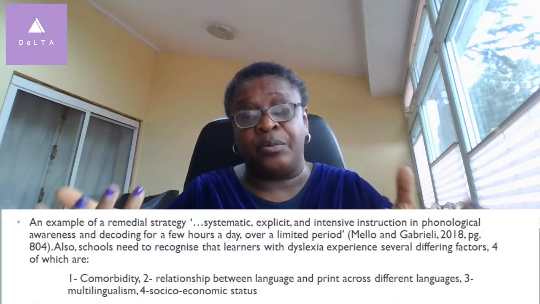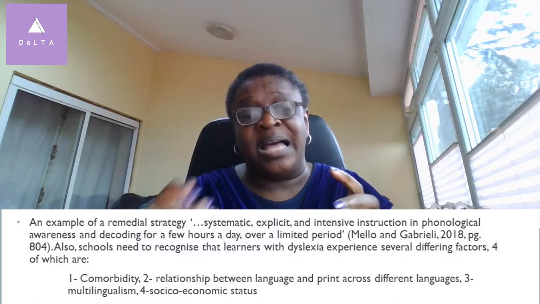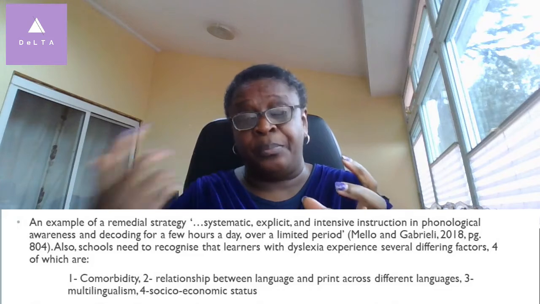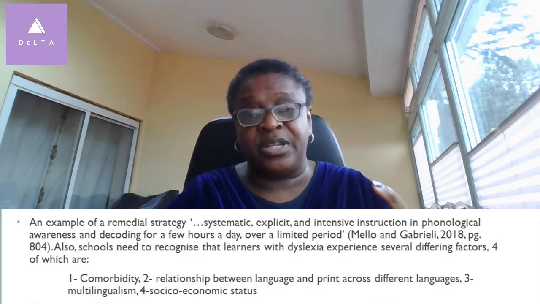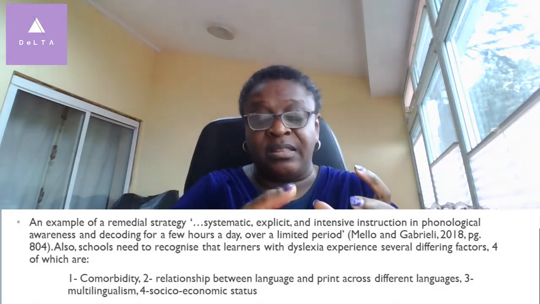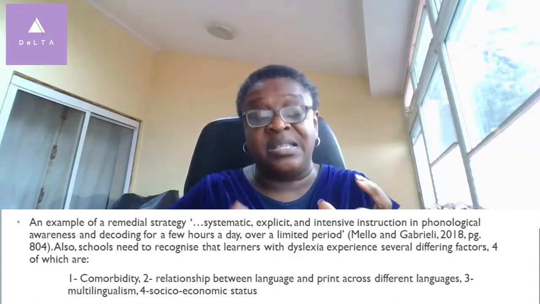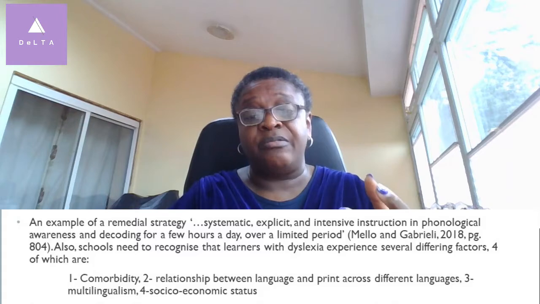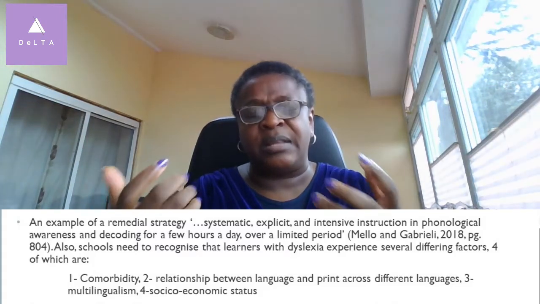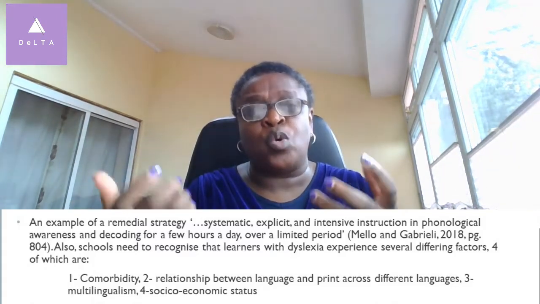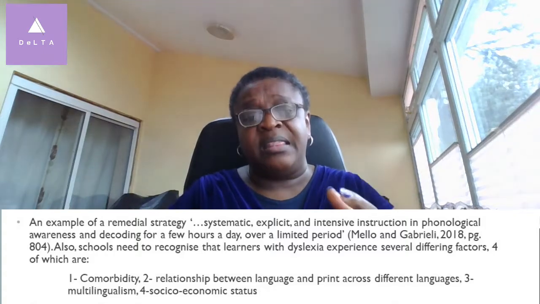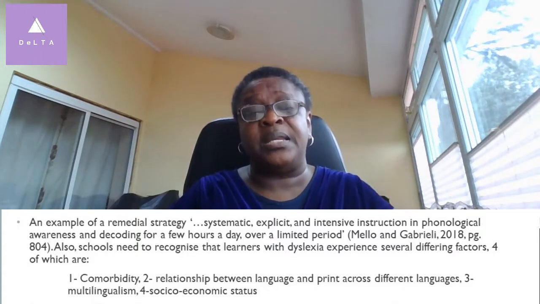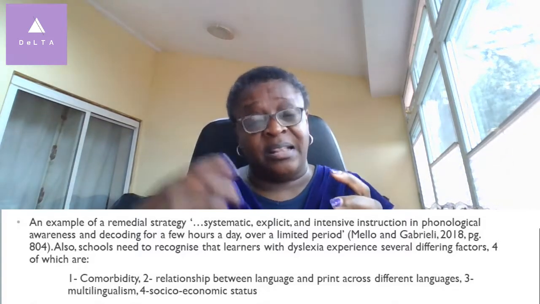They talk about transparent and opaque languages. And so you have languages that have a consistent relationship between a sound and the print. So languages like Spanish, for example, where they have a rule and they consistently follow that rule. But languages like English are referred to as opaque languages, and that is because there's an inconsistent relationship between the sound and the print.